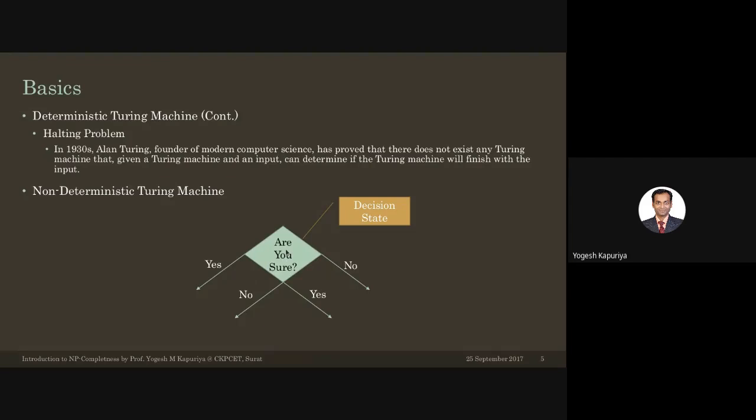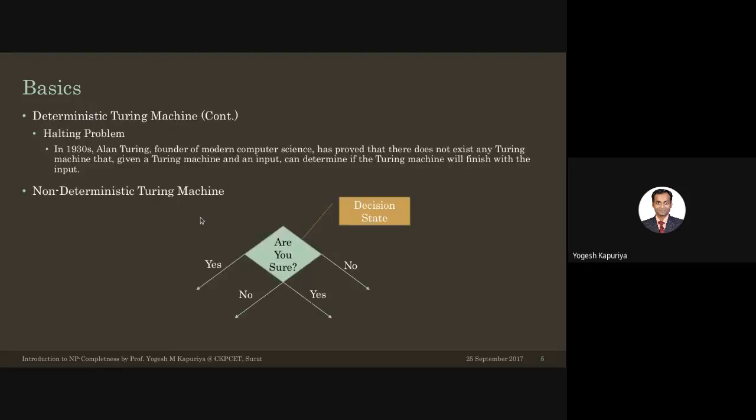You never know whether, if the answer is yes, you go to this path or that path. That was not known, and that was non-deterministic. Deterministic means very fixed. If you ask something, are you sure, and the answer is yes, then go for this path. If the answer is no, then go to this path. But if it is non-deterministic, then for the question you have multiple yes, multiple no, and depending on that you have multiple states of the system.